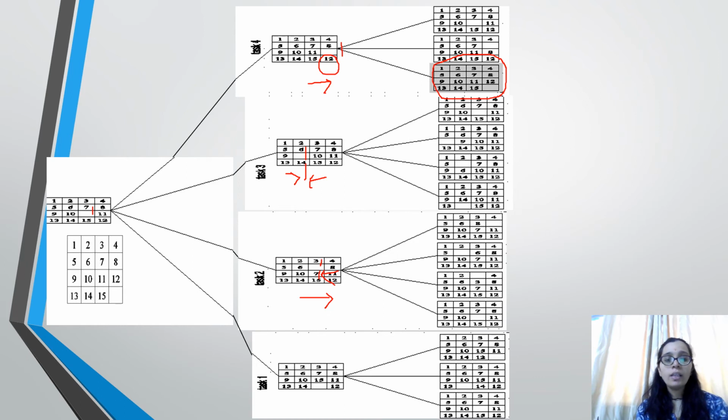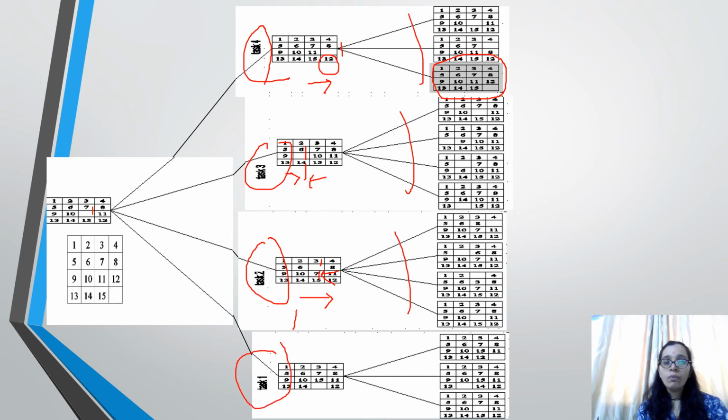So here concurrent execution will go for this level first, concurrently for the first 4 tasks, that is task 4, task 3, task 2 and task 1, and next for this particular task 3, 4, 4 and 3. So this is how the solution of the 15 puzzle problem is obtained.